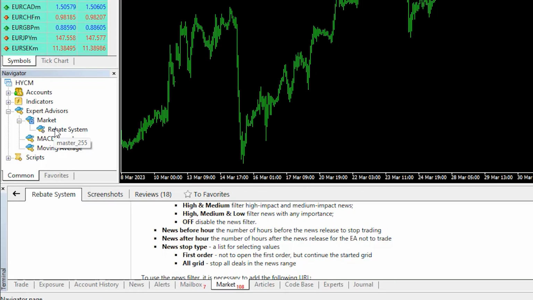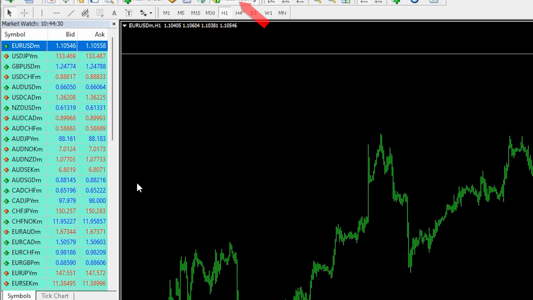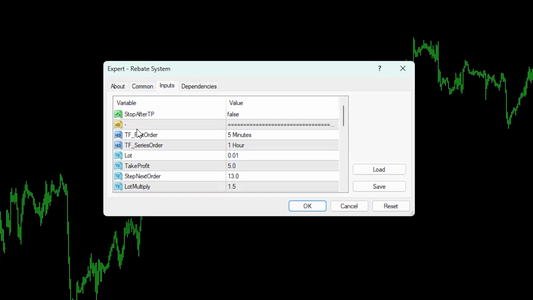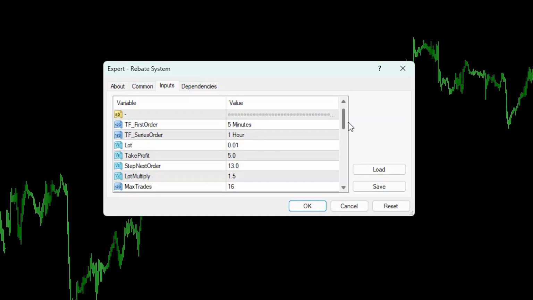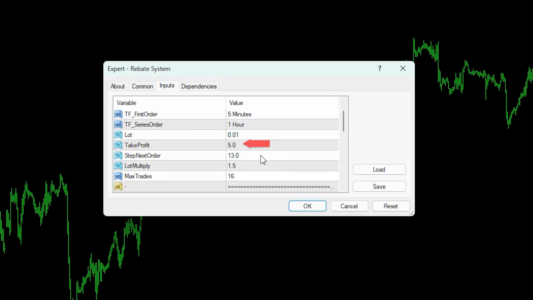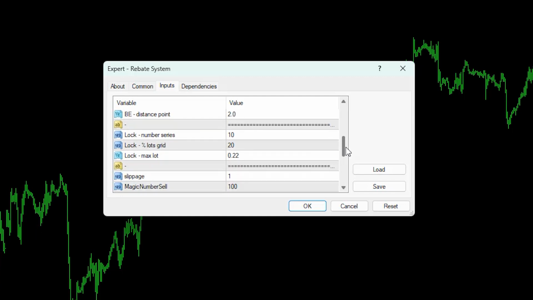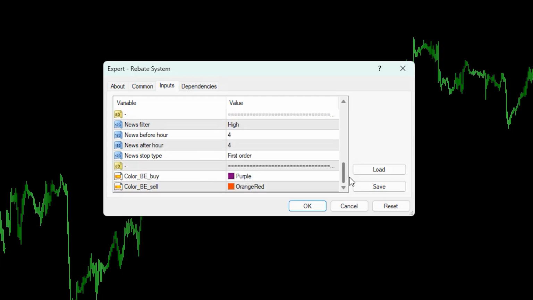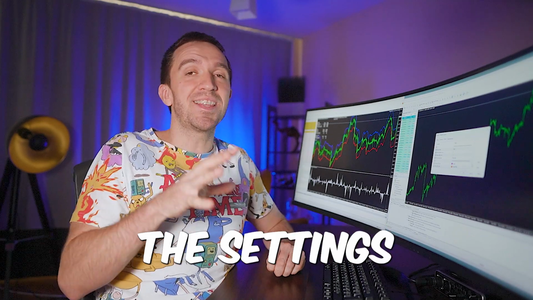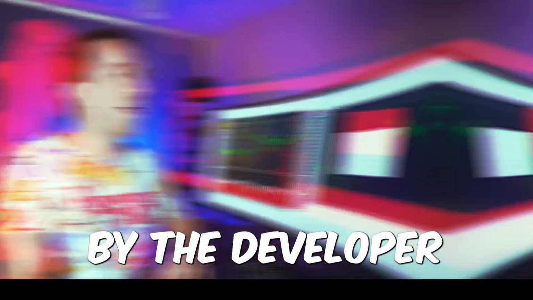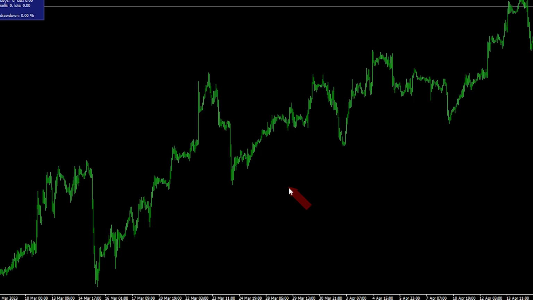So now I will make sure my auto trading is on. I will drag and drop the expert advisor on the chart and I will see all of the inputs. So here you can see that we have the entry lot, take profit, step next order, quite a lot of inputs, to be honest, for a $10 expert advisor, and I'll just leave it to the default because I want to make sure that I'm using the settings recommended by the developer, and I'll just click on OK,